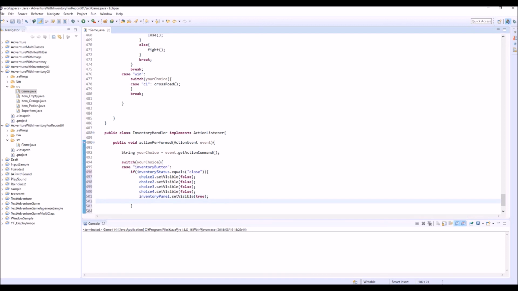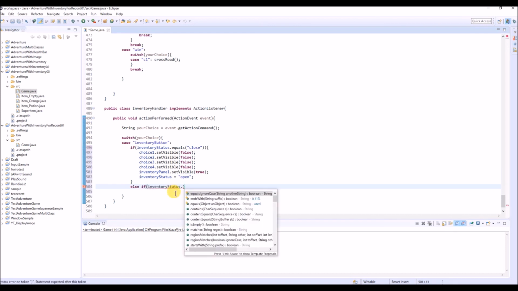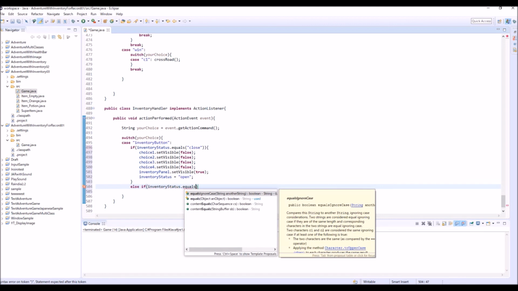Also one more line, inventory status open, because the inventory is now open, so we need to change this status. Okay, and the next is else if inventory status equals